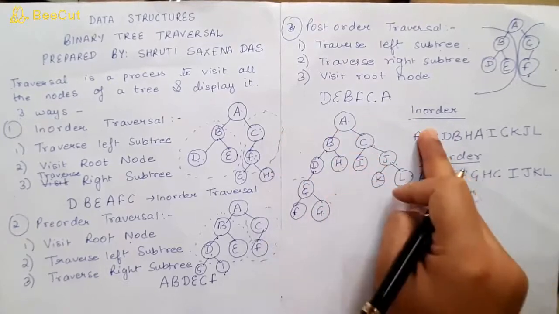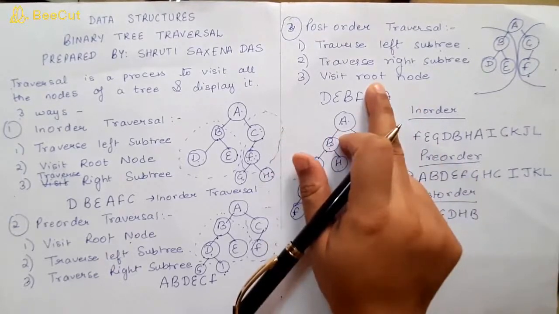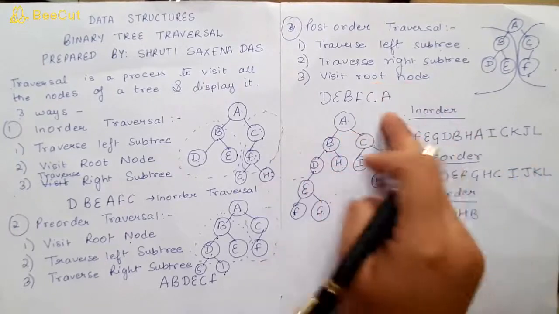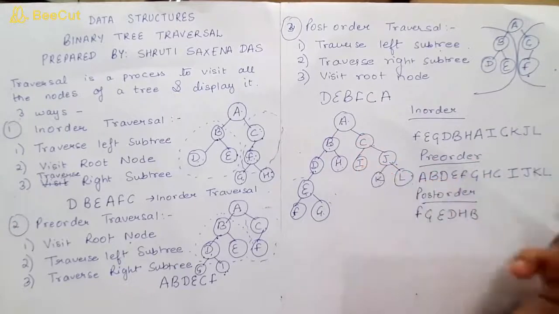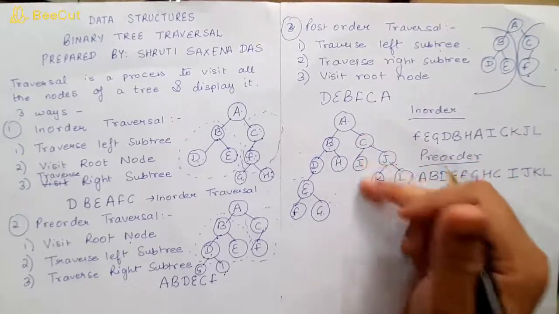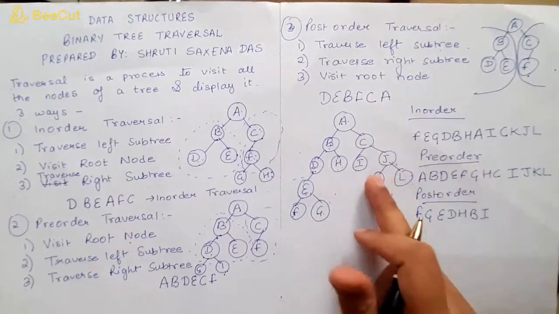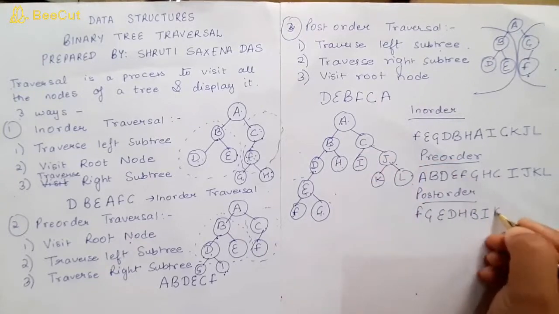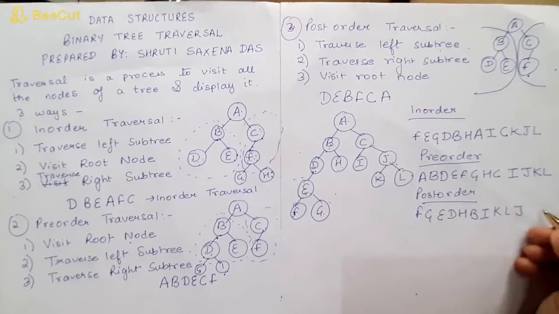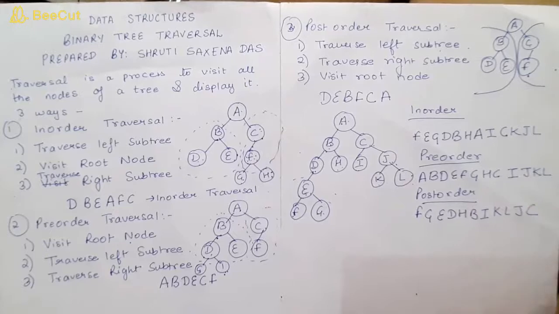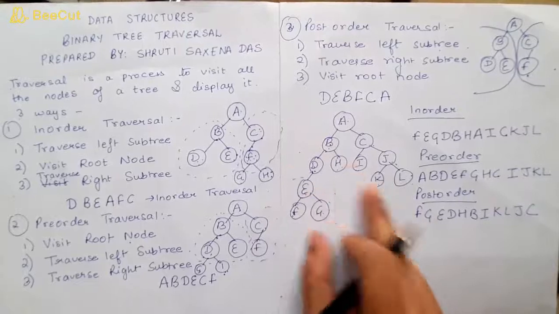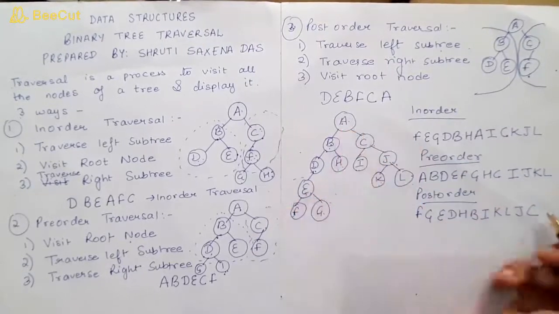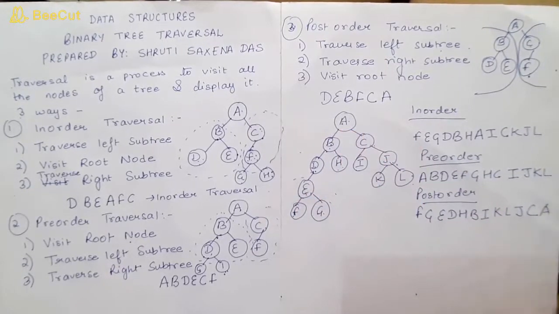We'll move on to the right part. Root is always traversed at the last in case of post order. So in the right, again we'll apply left, right, root. Left we have I. And on the right again a subtree is there. We'll apply the same algorithm, left, right, root. K, L, J. And root is C. Once your left subtree is covered and right subtree is covered, what is left now? Root node. So it will be A.